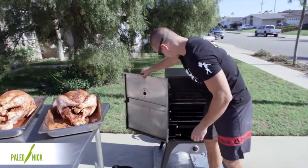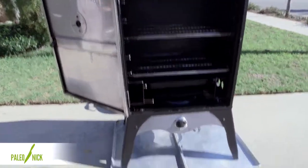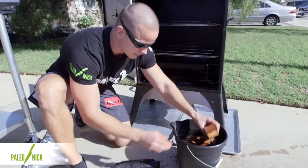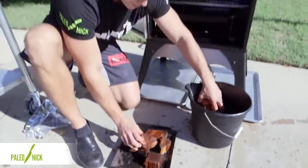open up the door, and I've just got 2 racks set up. Got her set on a couple sheet pans there for anything that drips. Pull out the chip tray. Then I've got 2 different kinds. We've got some applewood and some hickory. Really doesn't matter. I just want to make sure